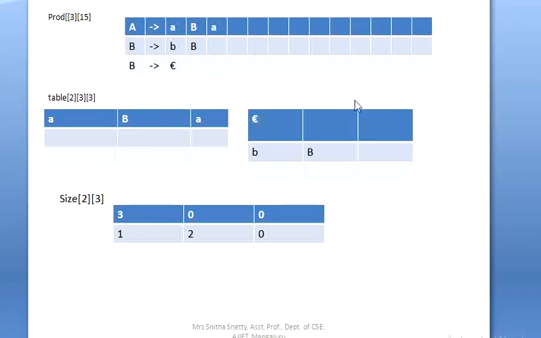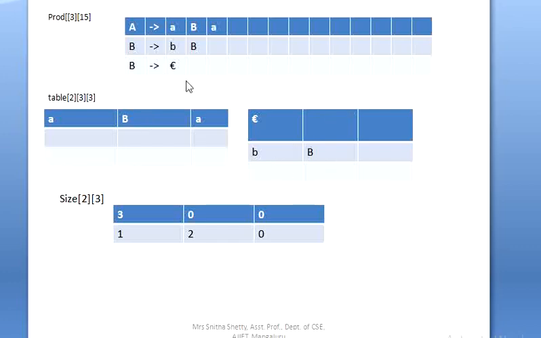This is the second table, indicated by table 1. Here 1 0 0, 1 0 1, 1 0 2. This is 1 1 0, 1 1 1, 1 1 2. This is 1 2 0, 1 2 1 and 1 2 2.